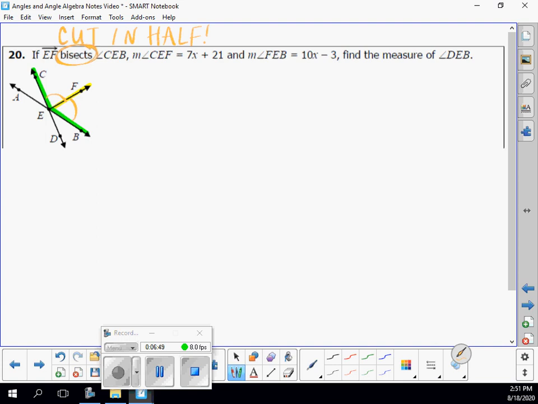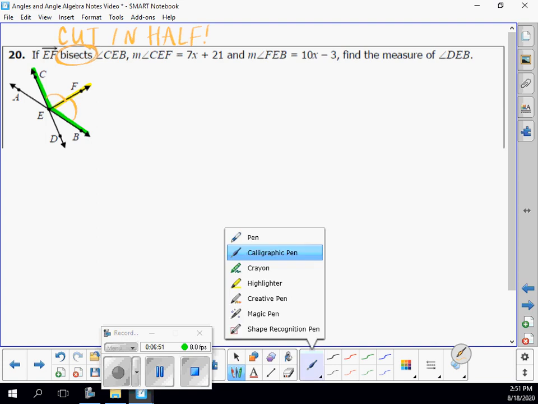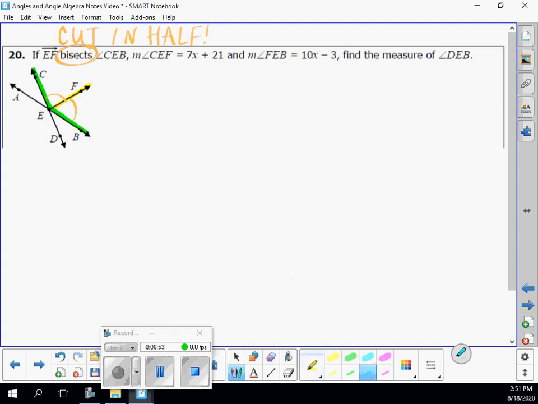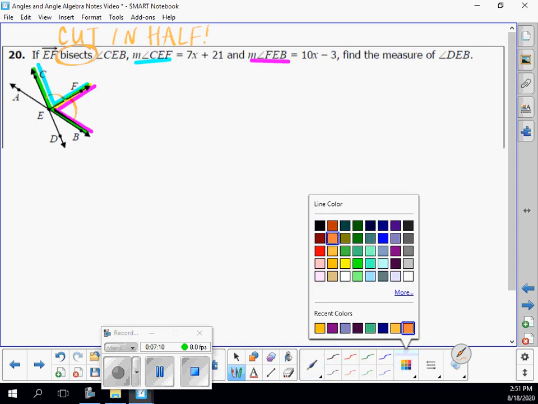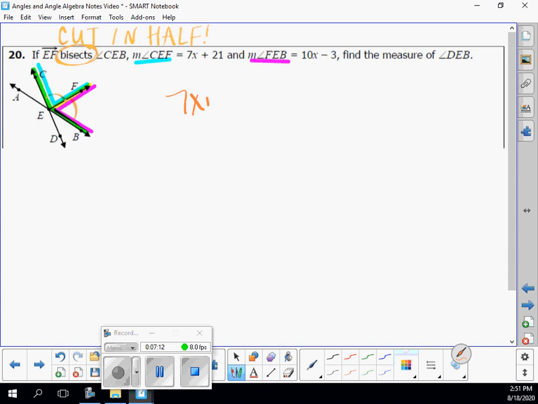It says CEF, C to E to F, is 7x plus 21, and it says that FEB, F to E to B, is 10x minus 3. Now again, since those are bisected, I can just set those two things equal to each other. So I can set equal these two angles,